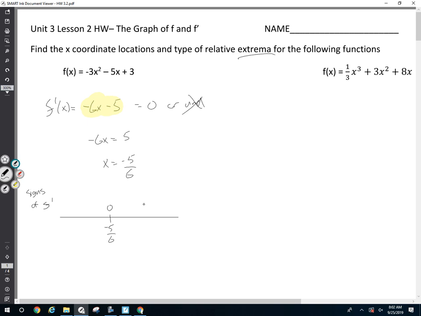To the right of this will all be positive. To the left of this will all be positive or negative. So as long as I just pick one test point, say 0, if I plug in 0, I get negative 5. I know that all of the signs of f prime are going to be negative,